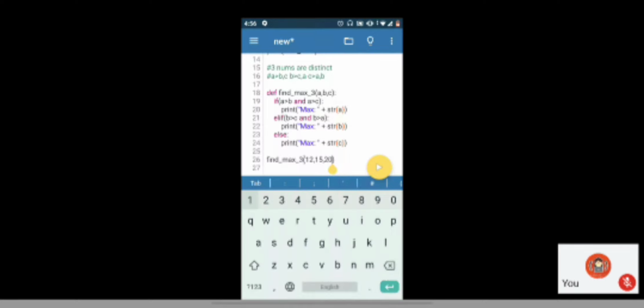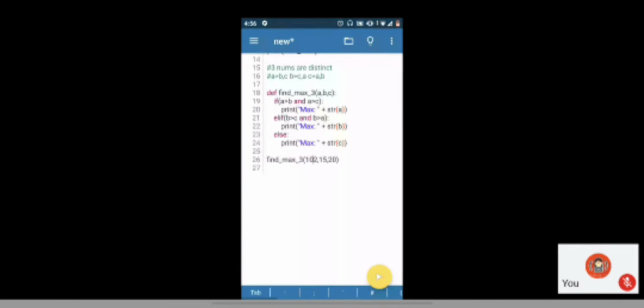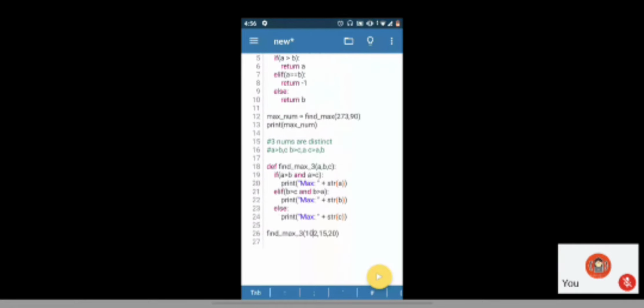Similarly, if I have 20, it should give me 20 as the output, right? Similarly, if this is 102, then 102 should be the output, right? So clear, everyone? Find the maximum of 3 numbers. You are just checking if a number is greater than the other two or not.